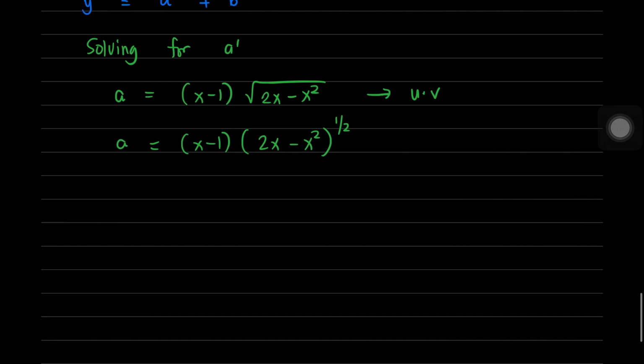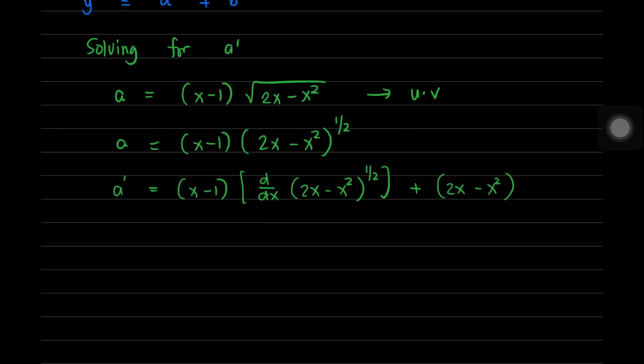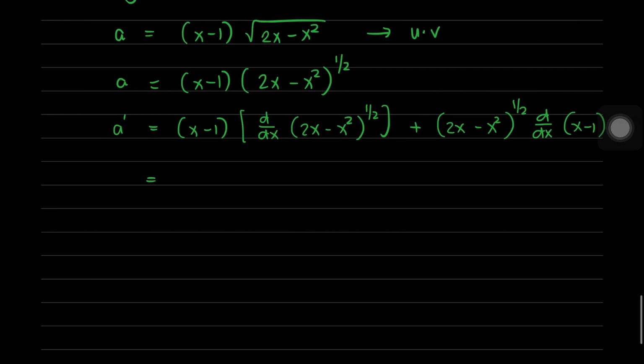So if we're going to solve for a prime, then this would now be x minus 1 multiplied by the derivative with respect to x of 2x minus x squared raised to 1/2 plus 2x minus x squared raised to 1/2 multiplied with the derivative with respect to x of x minus 1. So this is now equal to x minus 1 multiplied by the derivative of this one, alright? So this is in the form of u raised to n,